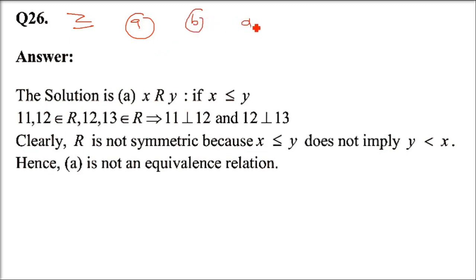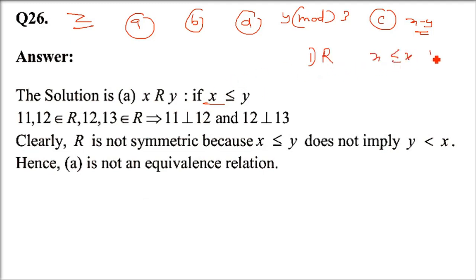B, C, D, these questions we have touched already. We have already gone through them. C also we have taken, almost. X minus Y is an even integer. These all are even in this equivalence relation. Let us come to the point here, A. X is less than or equal to Y. Even if you take the numbers, you will find out that this doesn't seem to be an equivalence relation. Let us check it. Reflexive. When we have reflexive, X is less than or equal to X because we are replacing Y by X. So because we have the equality sign, it's true, reflexive.